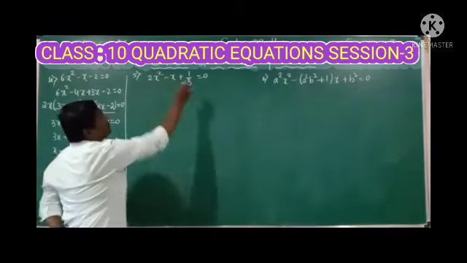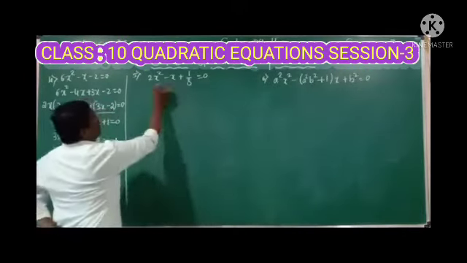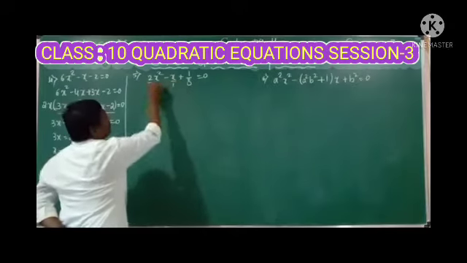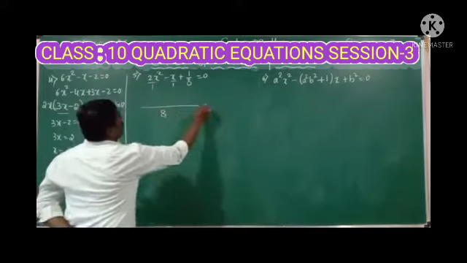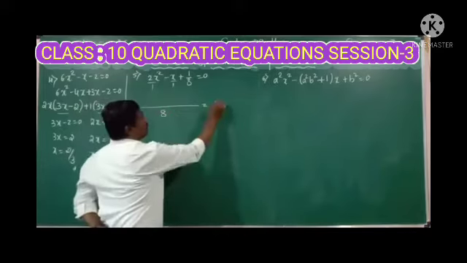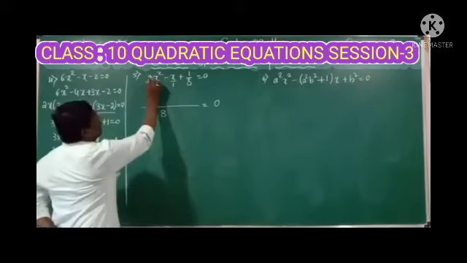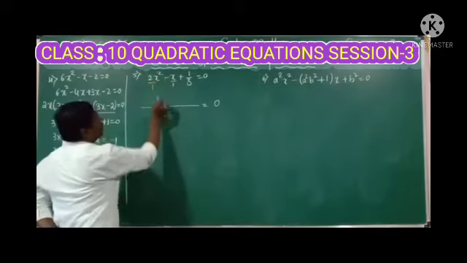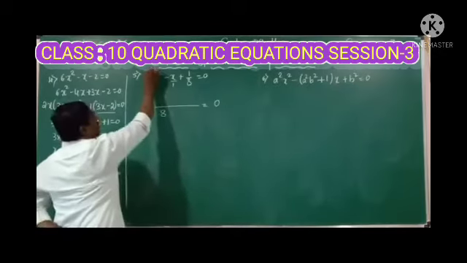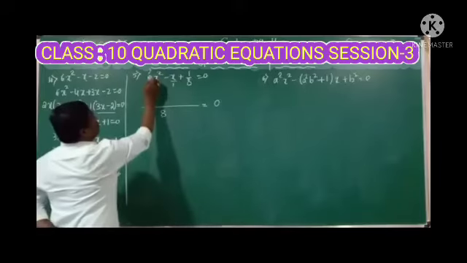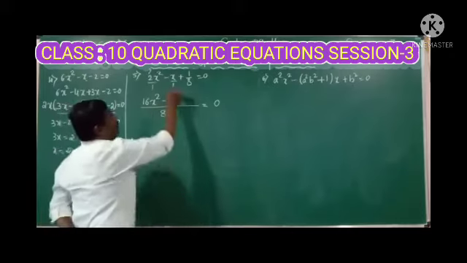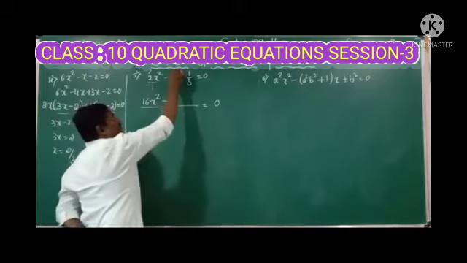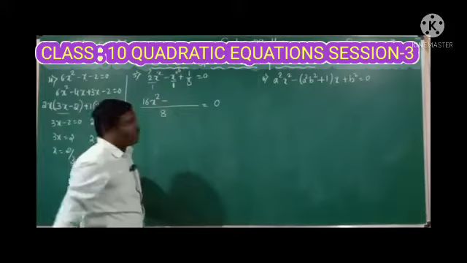So first take the LCM. The denominator is always 1. It means the LCM of the equation is 8, equal to 0. With 8 as the LCM, what do you have to multiply here? 8. So 2 8s are 16x square minus, again the denominator is 1, so we need to multiply here 8